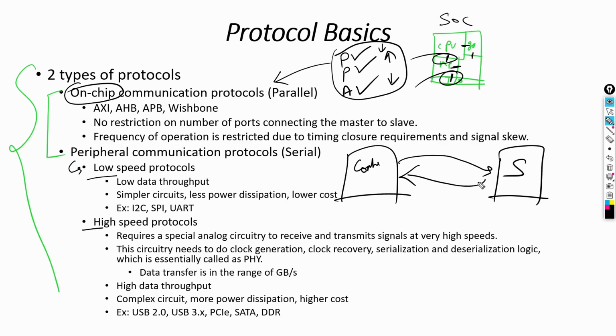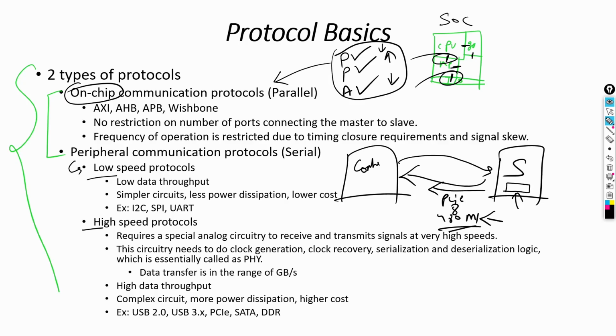Let's say there is a sensor. Do I need to connect a PCI here? PCI 8 gig, let's say USB 2.0 480 Mbps. Do I need this kind of speed and logic to connect a simple sensor, which every second will tell me a reading? The latency of this is every second. Do I need a high speed protocol here in this scenario? Yes guys, tell me. No.